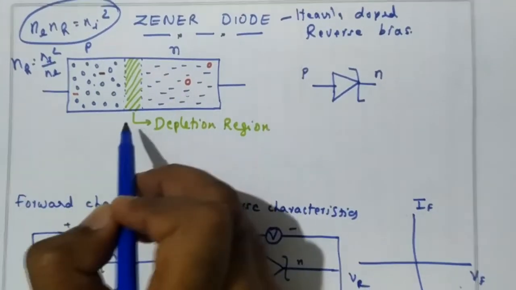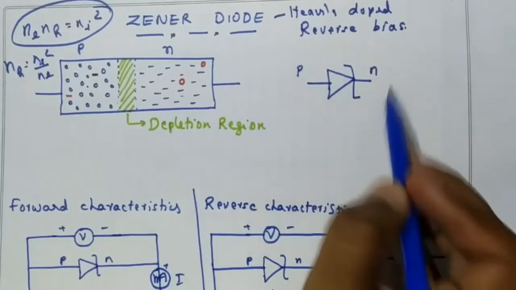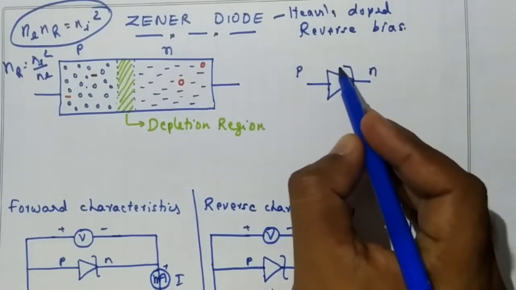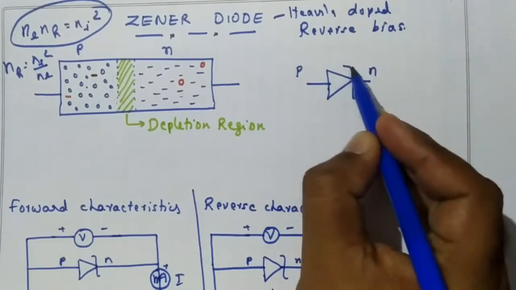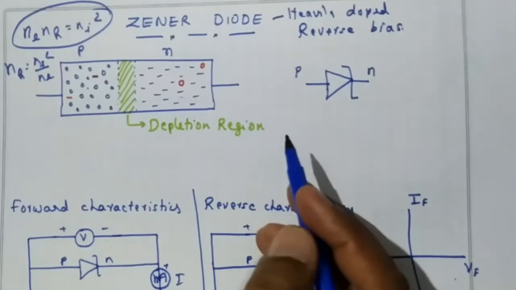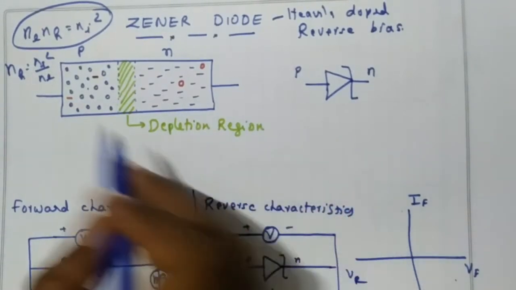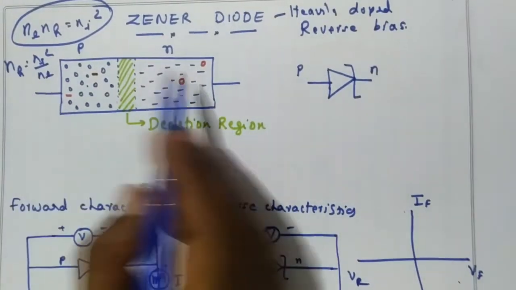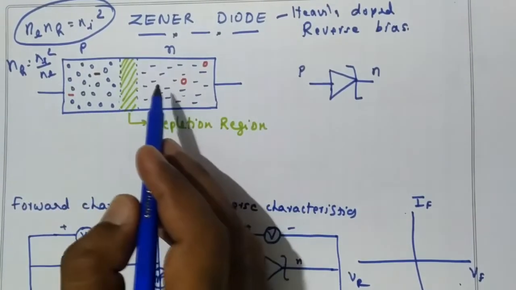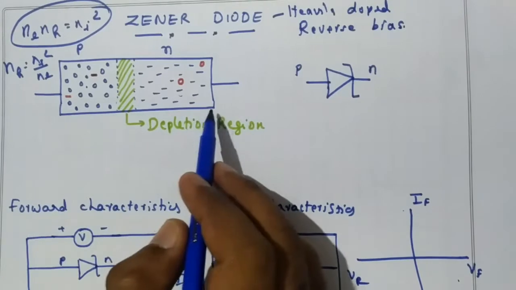Compared to an ordinary diode, the minority charge carriers are fewer in number and the majority charge carriers are more in number. And this is the symbol of a Zener diode. See here, it is Z, which implies Zener. And this is the anode and this is the cathode. Now to understand the working of this, there are two working models: when the diode is forward biased and when the diode is reverse biased.